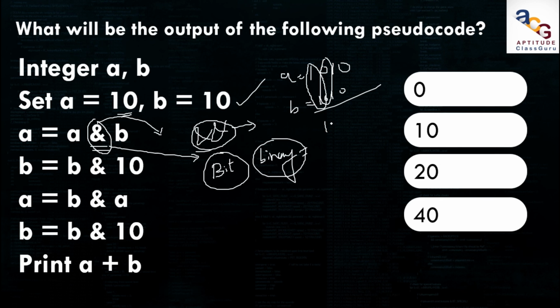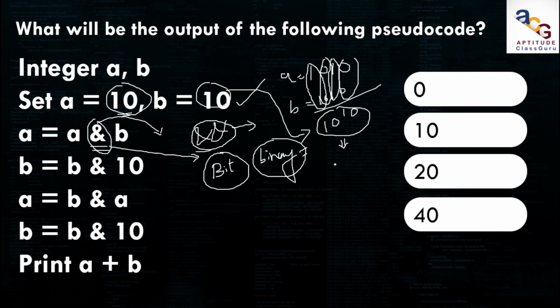Both the inputs are false, so the output is false. Both the inputs are 1, so the output is 1. Both the inputs are zeros, so the output is also 0. So when you are using the bitwise operator among the same number, the result also becomes the same number. Binary 1010 is equal to the integer value of 10. So if both the inputs are the same, when you perform the bitwise operator, the result is also the same.